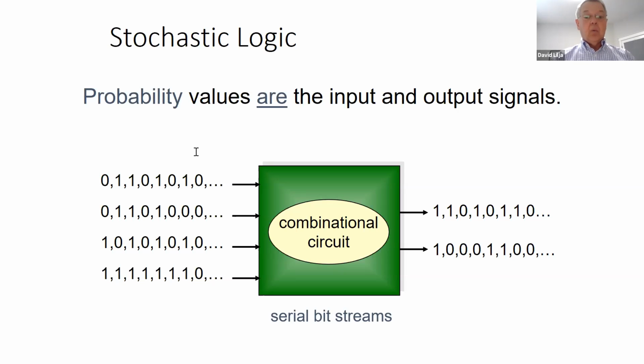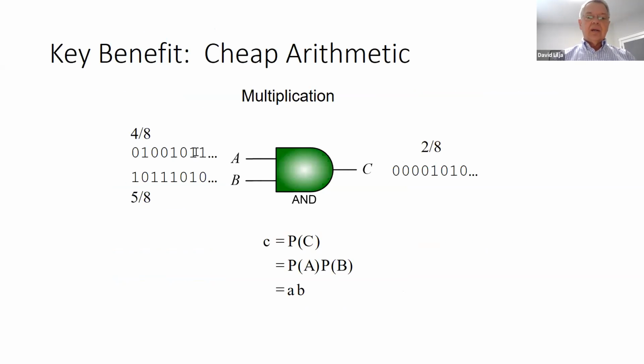All right. Why would we want to do this? Well, here's one key benefit of this. I get very cheap, very inexpensive arithmetic operations. For instance, if I take these 2 bit streams on the left and I AND them together, I get the bit stream on the right. And this ANDing operation does a multiplication of the 2 probabilities on the left. So the equation below this shows that the output C, the probability of getting a 1 anywhere in that output stream,